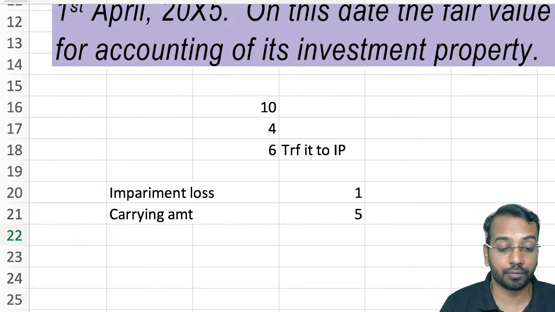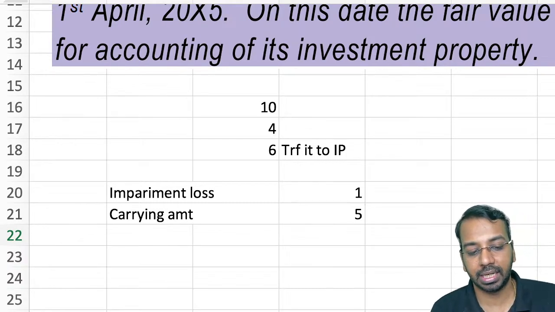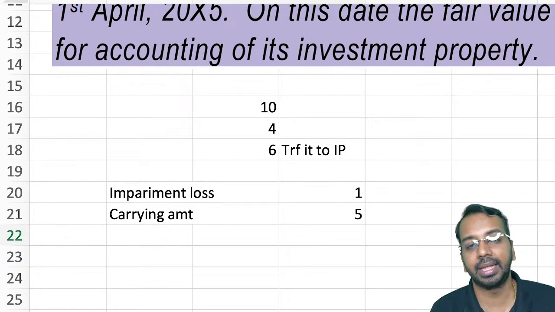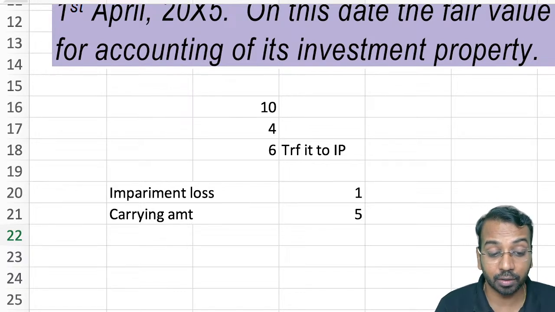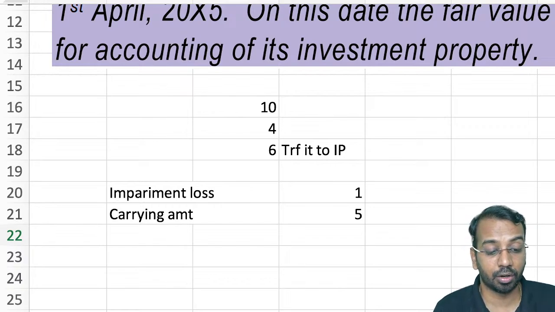This principle of using the same carrying amount, you have to keep in mind even when you are moving, let us say, from Ind AS 16 to Ind AS 105. First calculate as per Ind AS 16, then take it to Ind AS 105. Or for impairment purpose, first calculate as per Ind AS 16 and then calculate impairment. That is when it would be there. I'll take up one more question,